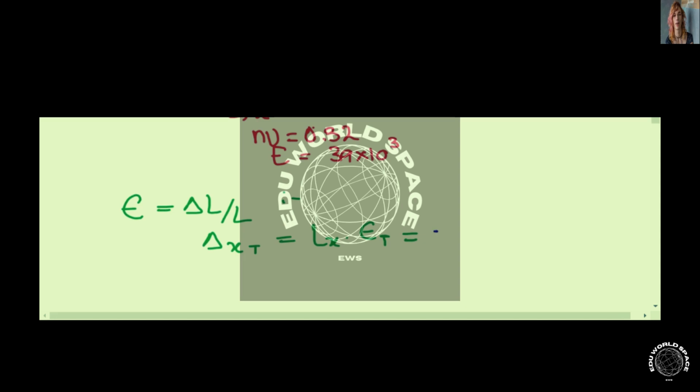So when I plug them in, I'll have 8 into 6.6 into 10 raised to the power negative 4, right? And that is equal to 0.0052 inch, right? And this is greater than